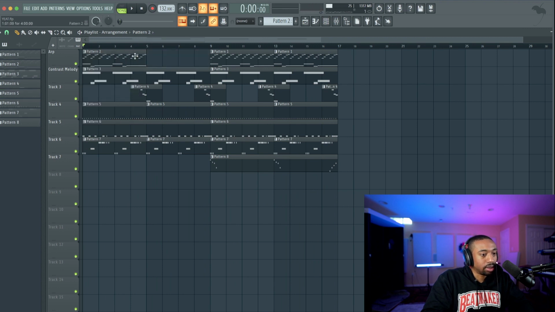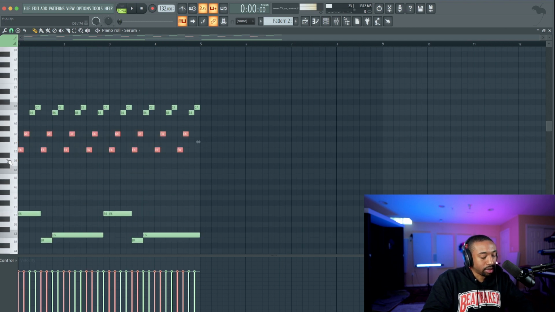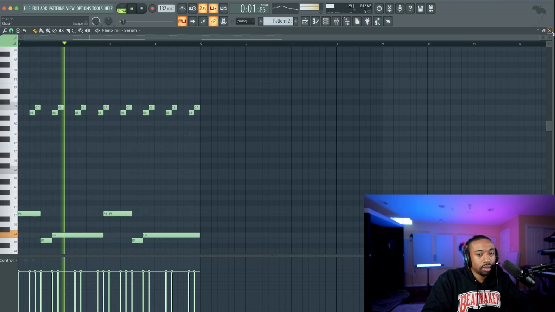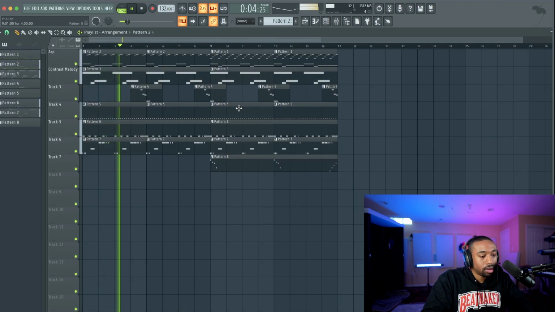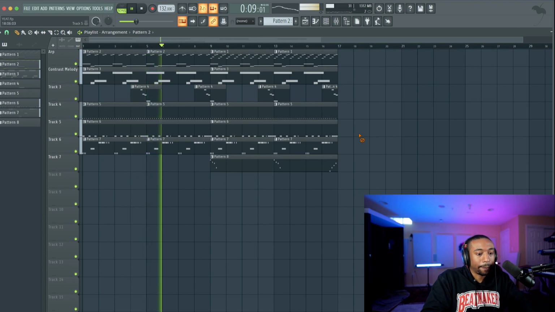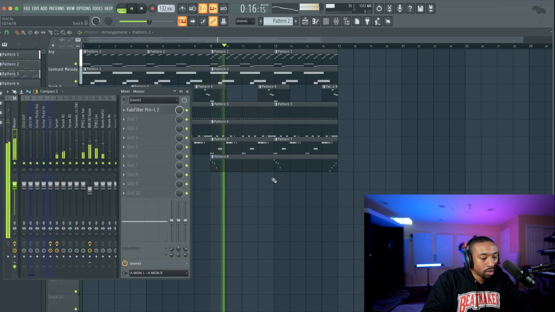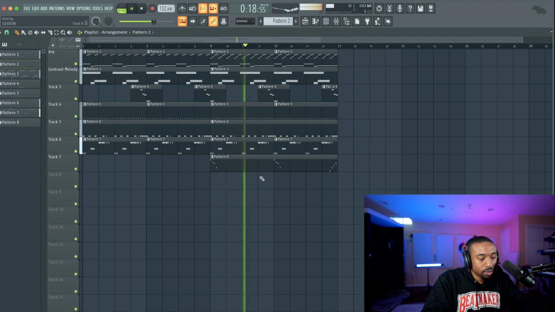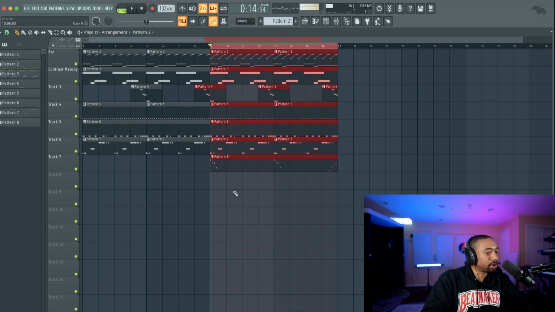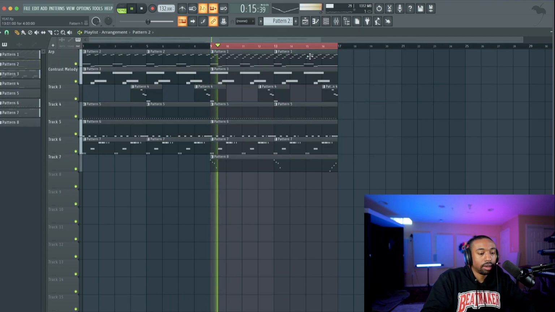Let's make this unique. We may be able to make this less, like, how do I say it? Let's get rid of all these notes, the EG. Okay, that way we still have the same structure, but it's not overfilling. There we go. Now here you could do change ups with your bass to make it a little more bouncy. Like little jumps like that.